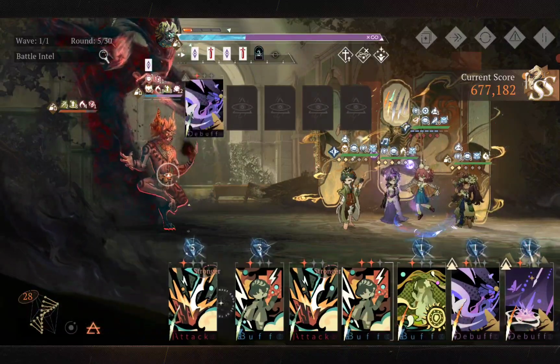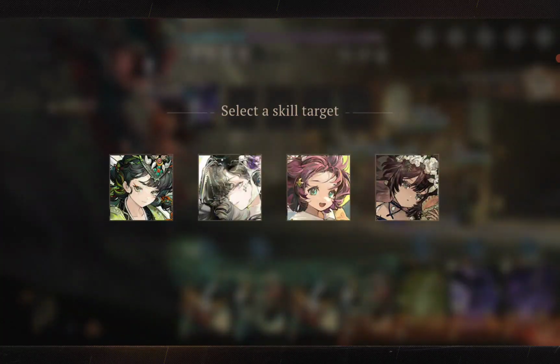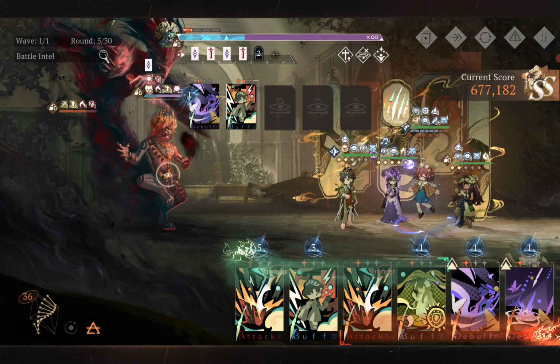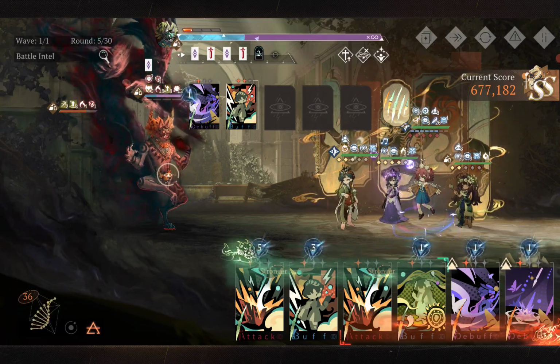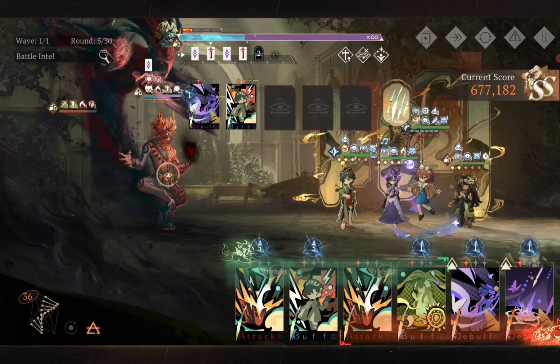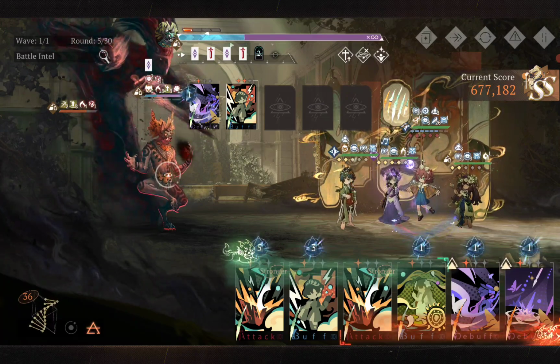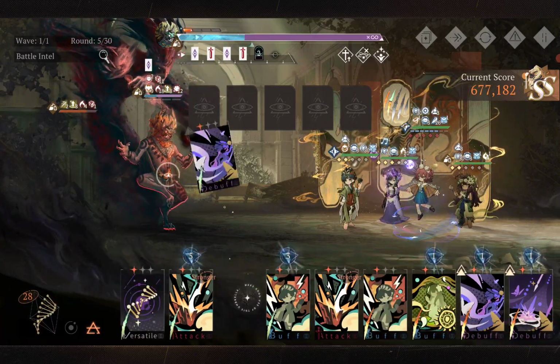Okay, first I'm going to debuff the enemy, and this will bring it to the mix zone and trigger Bane of all evil, justice, peace. Then now I'm going to attack with... wait. Okay, green